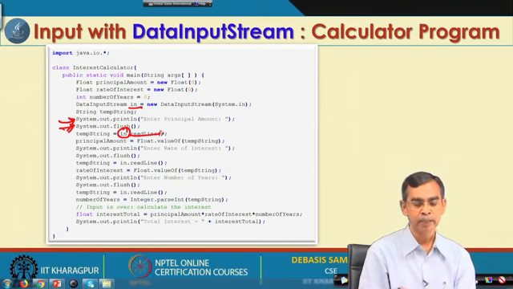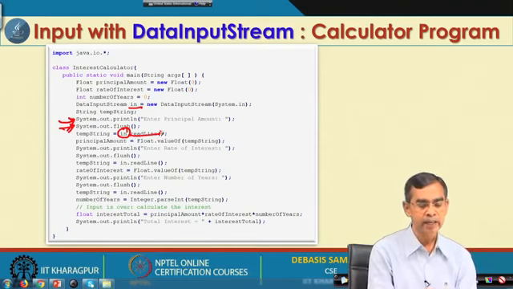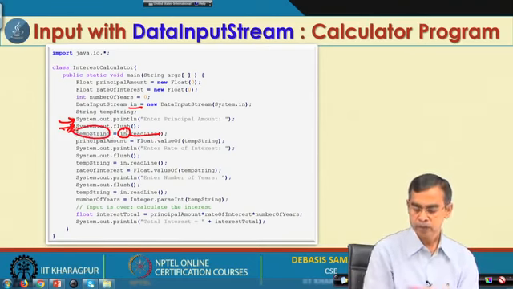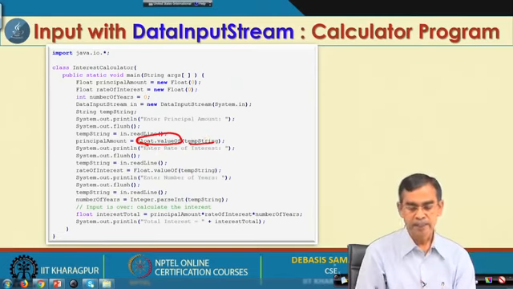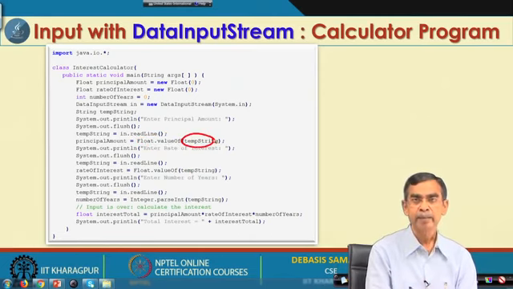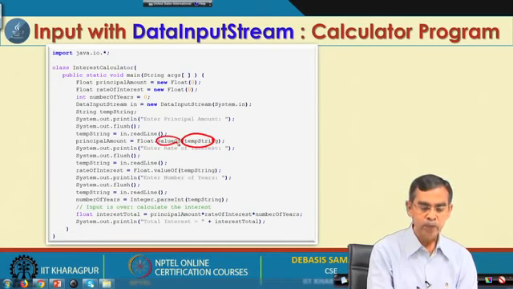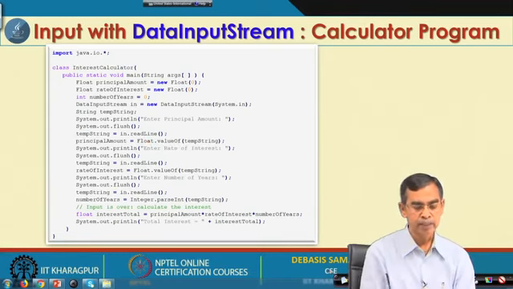Whatever you type from the keyboard, the entire line it will read as a string and store in temp string. Then this temp string is converted to a float value using the function Float.valueOf, just like Integer.parseInt. It scans the string and its value is converted into a float and stored as a float object. So, this is the concept.